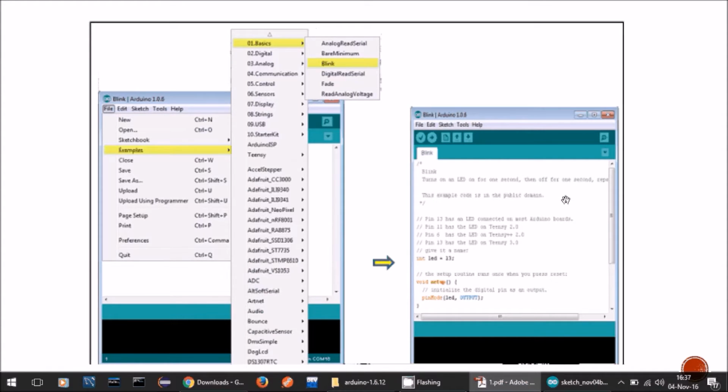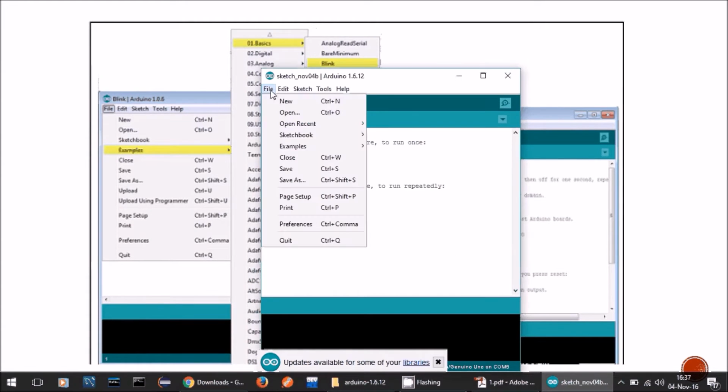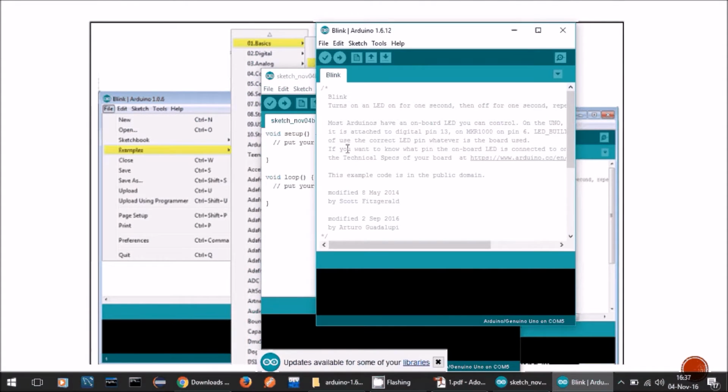Here you can see we click on file, then examples, then basics, then blink, then we will get our blink project. Let's do it. File, examples, basics, then blink. Here we got our